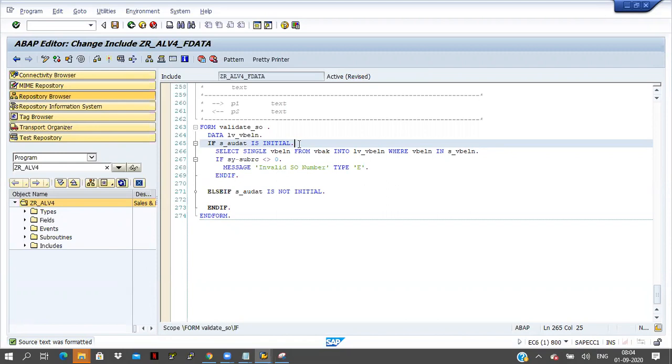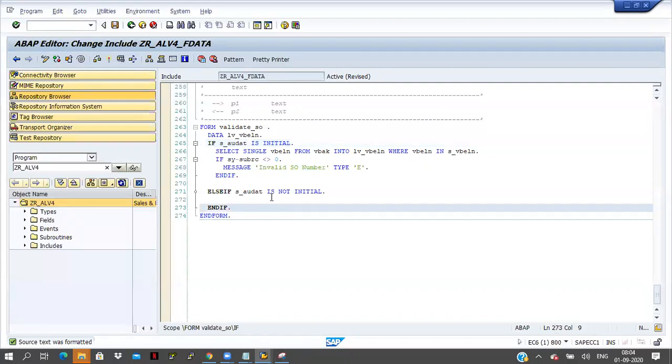If I'm giving the sales document as well as the document date, I'm giving both things here. At that time, what I have to display?